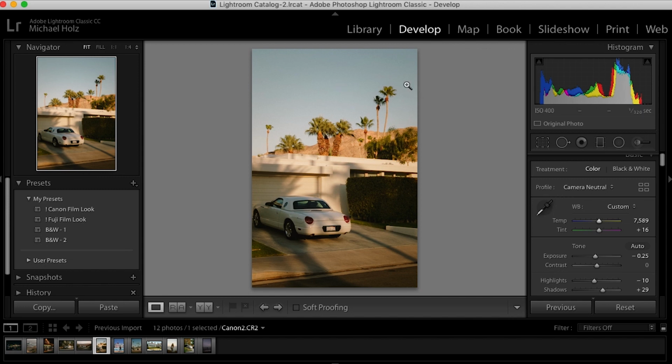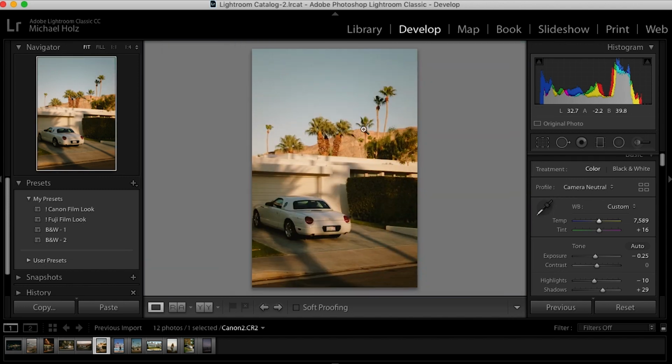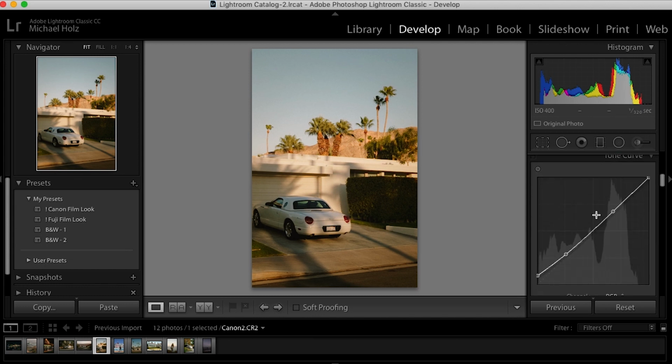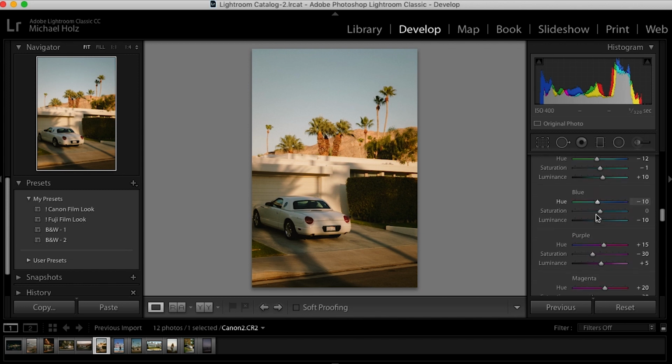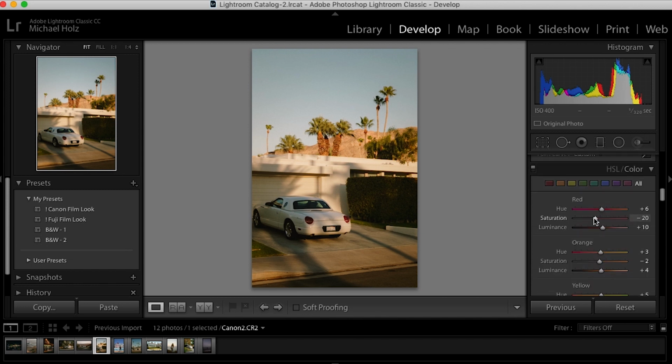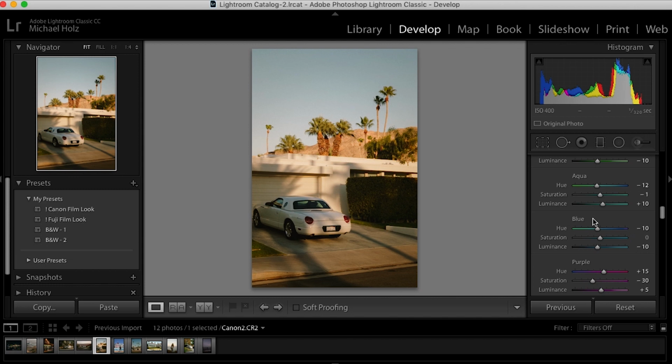And then the sky might need to be a little bit more blue, so that's something that I'll go back into the color selector and check on. So I obviously have all of these adjusted in the preset, and going off of that, with the presets,